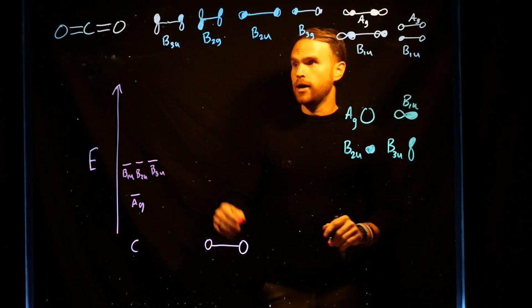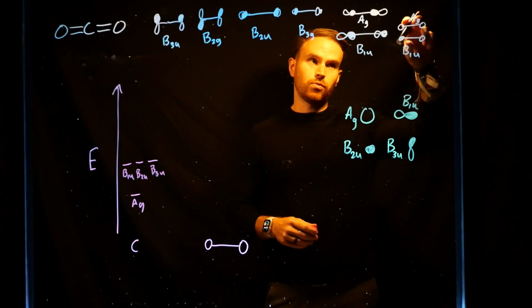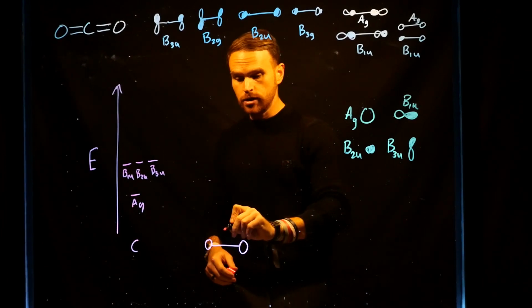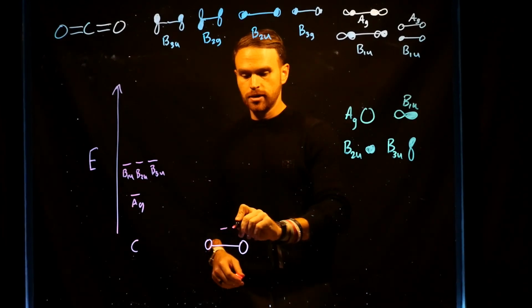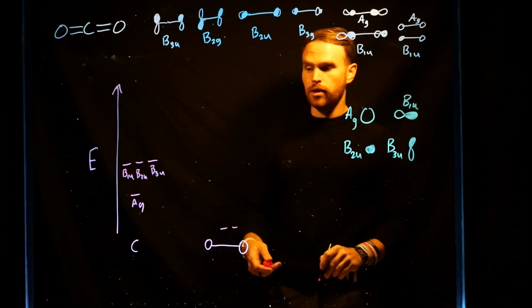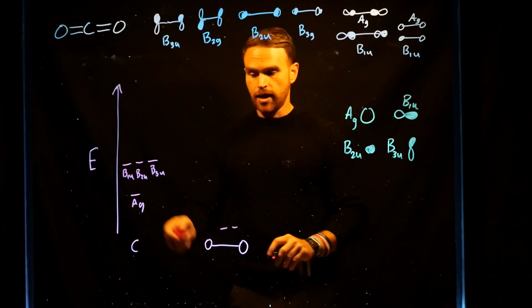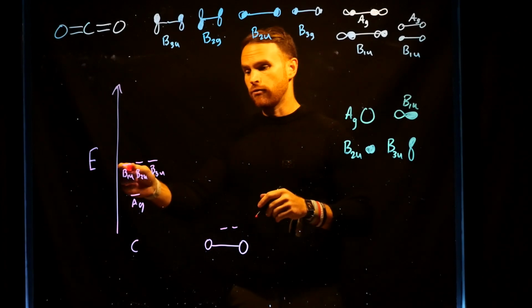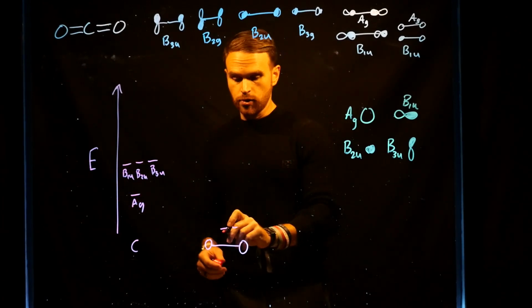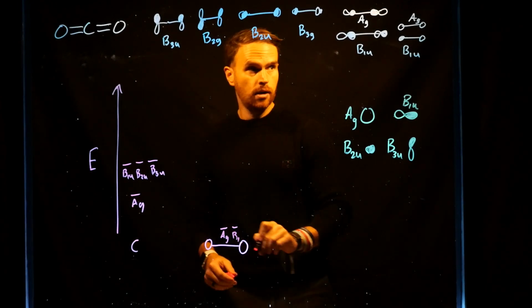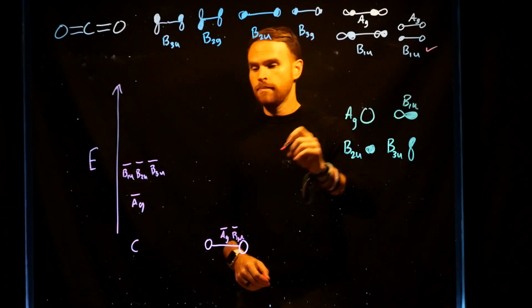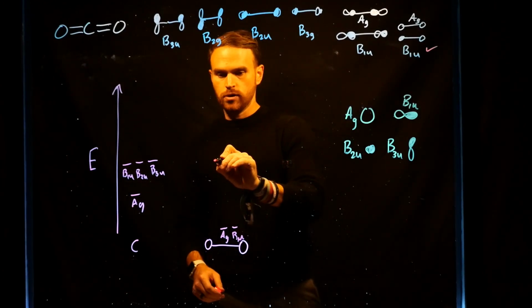On the outer atoms, we can make them up based on these, where the lowest in energy are going to be the s orbitals that are very low in energy. In fact, so low in energy that they're not going to interact with the Ag orbital, or even the B1U orbital from the center atom. So we have our Ag and our B1U, and that corresponds to these groups here. So we have used all of those. Our next B1U is going to be